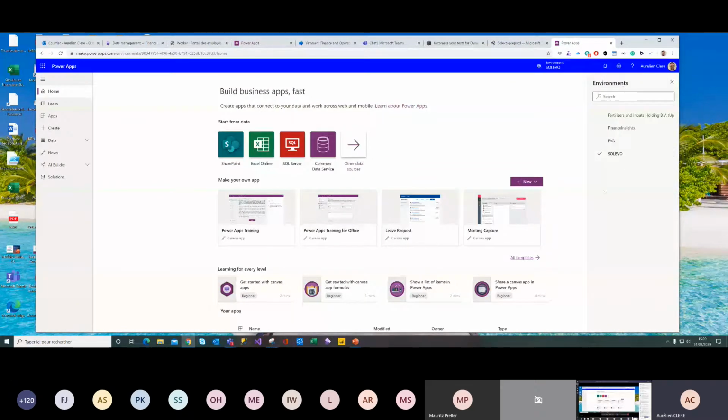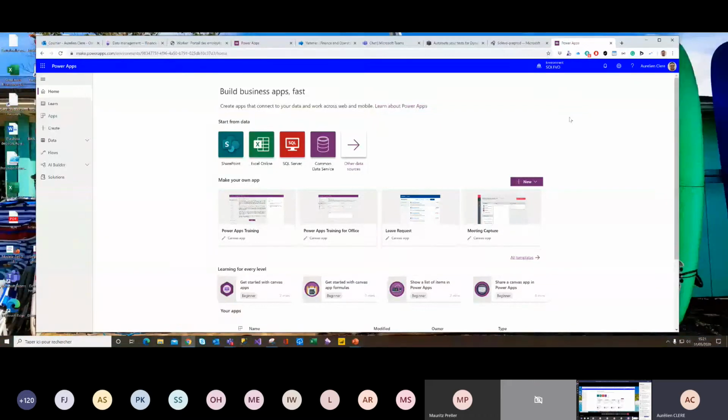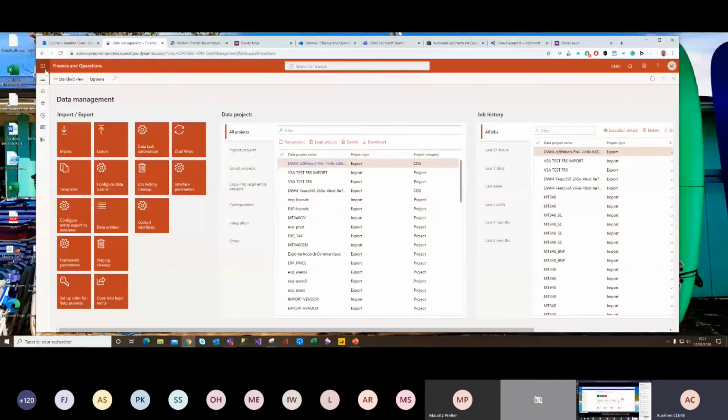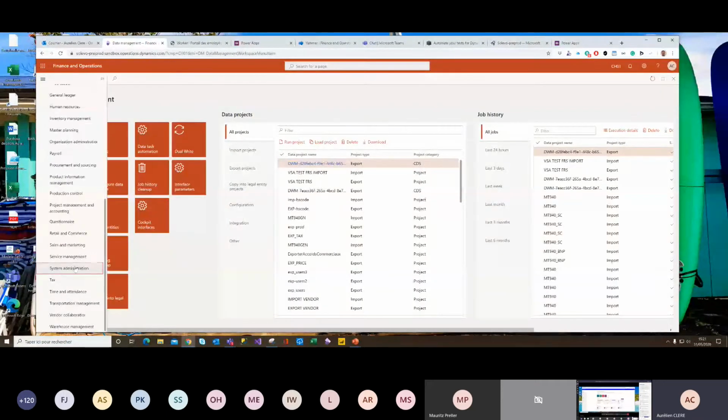So you can create a UAT or pre-prod, the same as your instance coming from FinOps. You will not sync your production to a sandbox CDS, you know. So that's it.